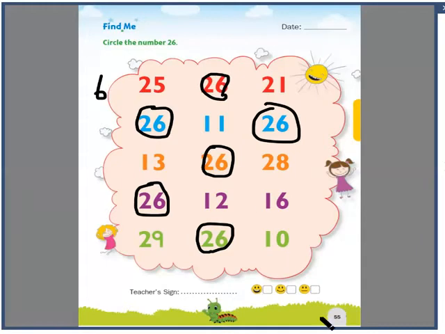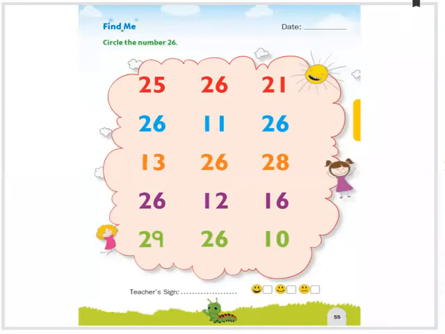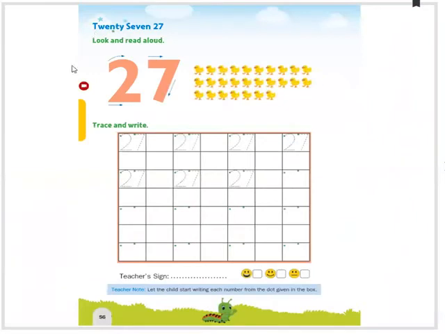Do it on your own and just give it to your mama to get it corrected. Okay, you already have an idea about it. Turn your page, children. Yes, here is the next number. What is the next number after 26? Yes, it is 27. Yes, you are very smart kids. You know it very well, right? So start again counting from the ducks, 1 to 27. Start the counting again.